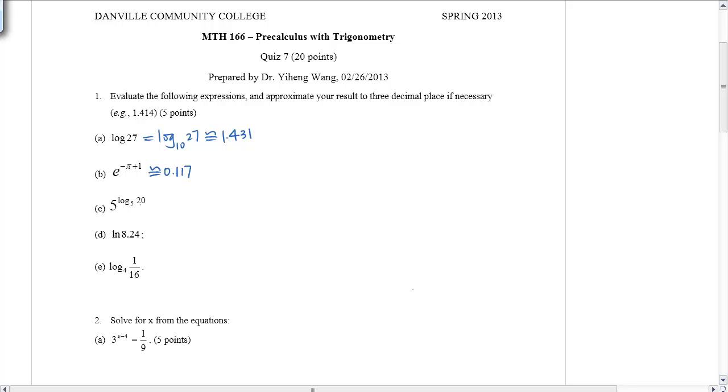The next problem, this is something we can apply the inverse property, because a function f(x) equals a to the x power, and also another function, let's call it function g(x) equals log base a of x. Because these two functions are inverse functions, therefore we know that their composite function must equal